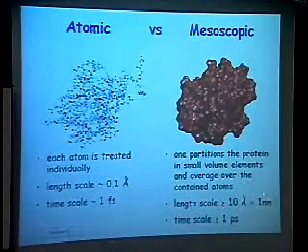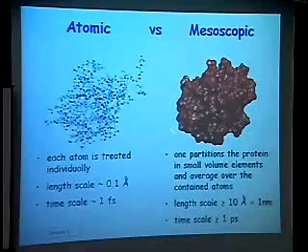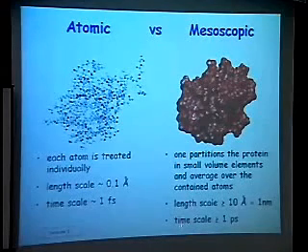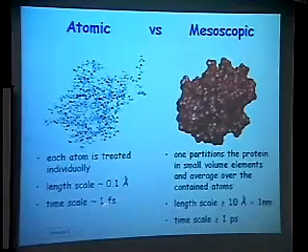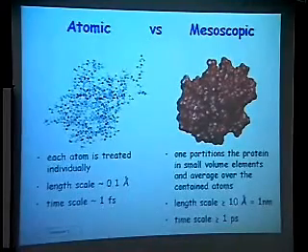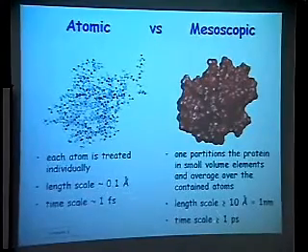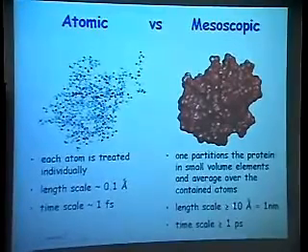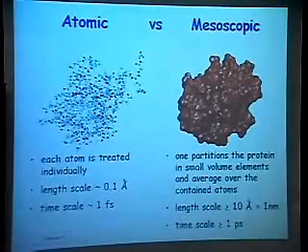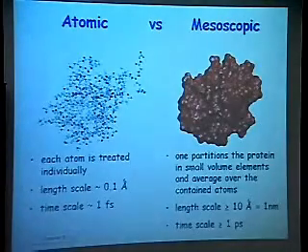But as the size of a protein increases, if I have a bigger protein, this approach would be even more accurate. Also, the time scales involved are clearly bigger, 1 picosecond instead of 1 femtosecond. So it's 3 orders of magnitude difference, and about 2 orders of magnitude difference for the length scale. With the time scale we are doing well, but the length scale may be a little bit too small, but this is what we have. So we want to probe whether the heat conduction equation really applies to ubiquitin or not.